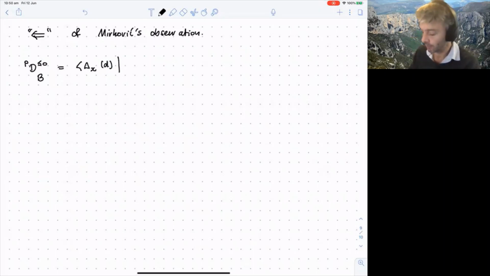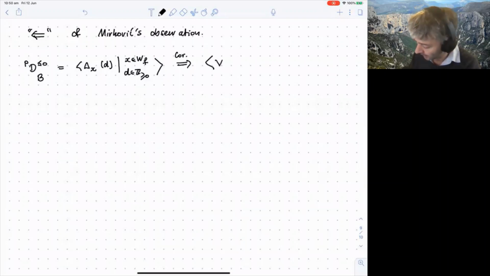So this wing of the T structure is precisely generated by all of these guys, and it's like this. And now we apply the corollary to deduce that any